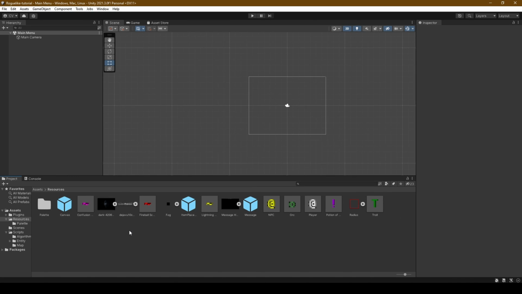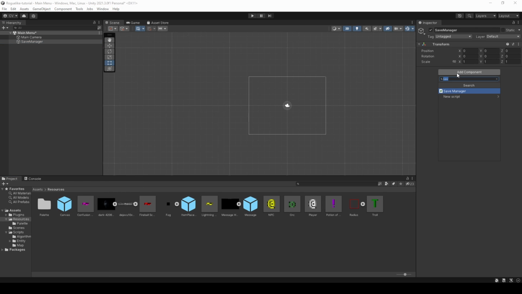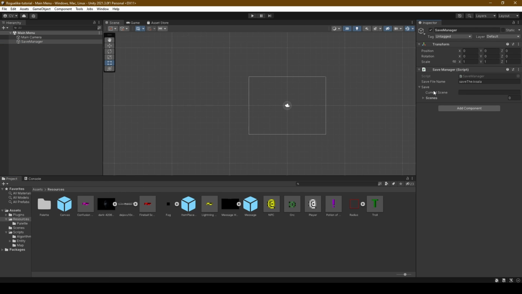All right, with our main menu open, we're going to go ahead and import whatever landscape image that you want to see to represent your main menu. I've opted for a nice dark background with a face, but you can generally do whatever you want. From there, we'll create a SaveManager game object, adding the component SaveManager. Next, we're going to create a new canvas,